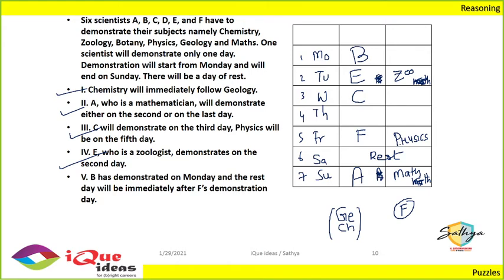Now, who is the only person pending? A, B, C. The only person pending is D. So D becomes Thursday, right? Now take a look at this information which we had kept pending. Geology and chemistry need to be fit together. Which are my empty slots? 1 and these 2. And because they have to be together, geology and chemistry can only be fit here because they are the only 2 empty slots together. So considering everything is done, the one subject which is left in the list, botany, has to go in the empty slot. And that is my final list.